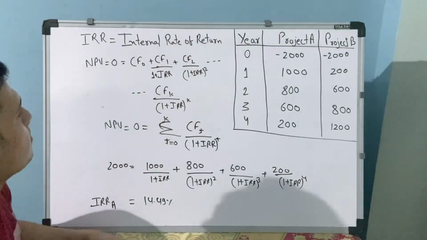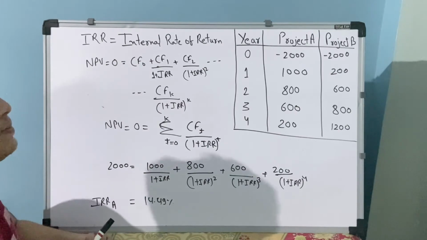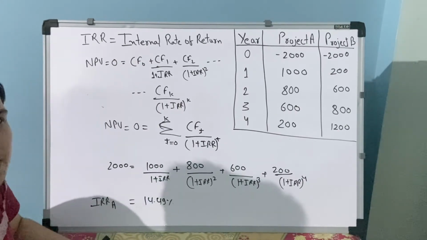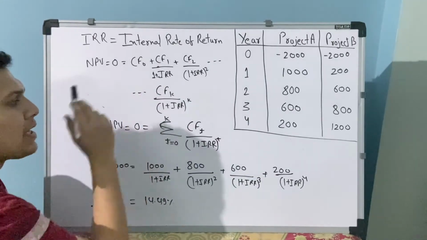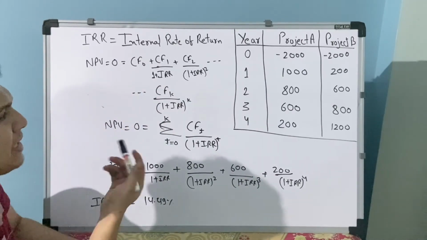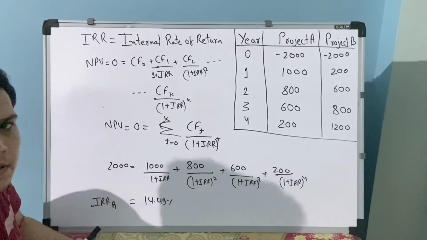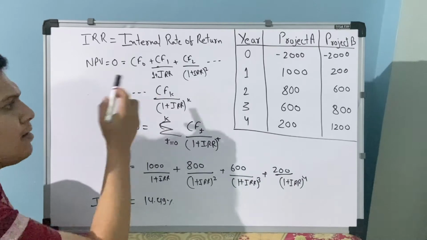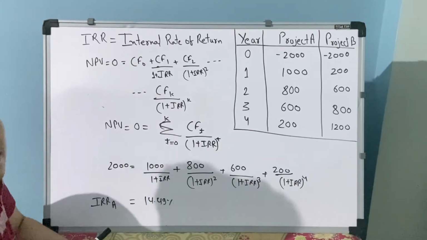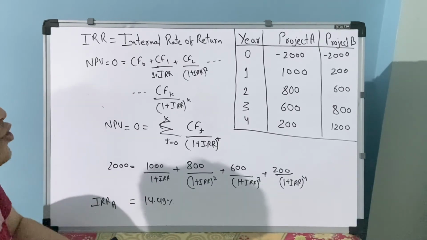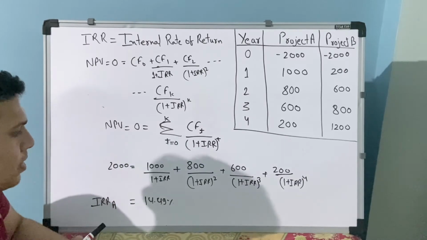Now we will discuss internal rate of return, IRR. IRR is basically the rate at which the net present value becomes zero for any project. That means the cash outflow, which is CF0 in a normal project, and in other projects changes period by period, the sum of all present value of cash outflow is equal to the sum of present value of all cash inflows. So this is the formula where NPV is 0.